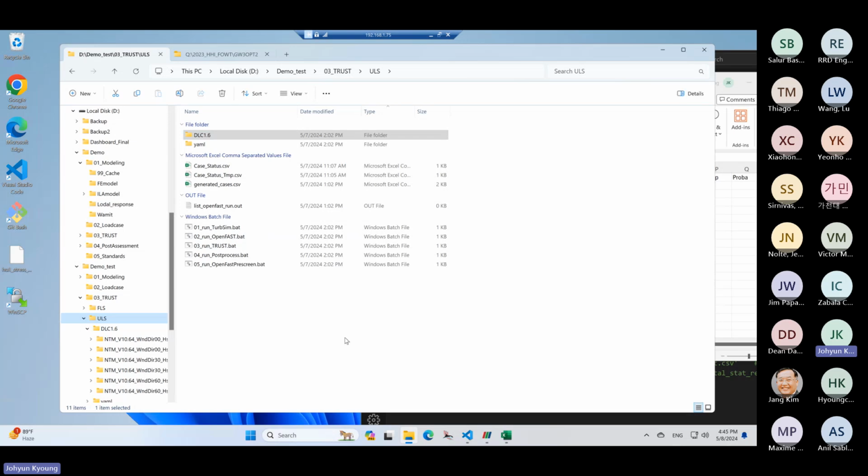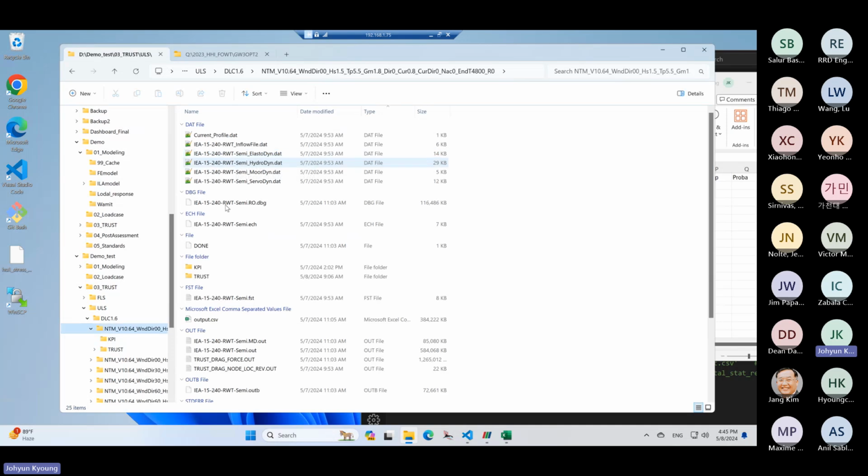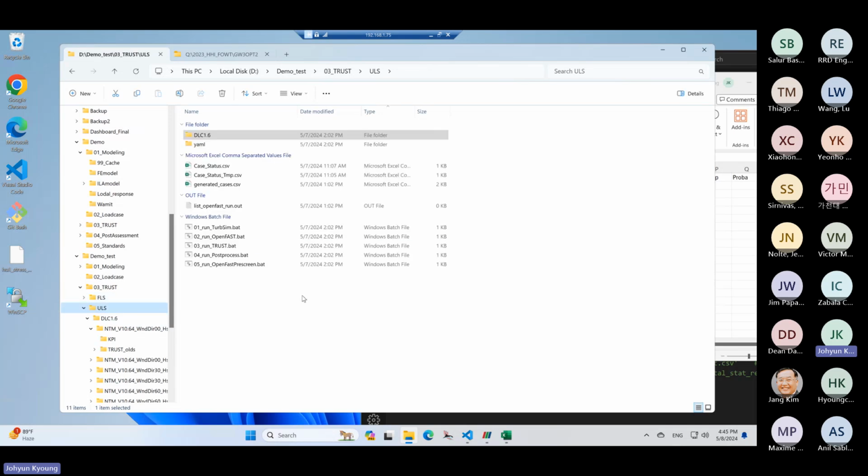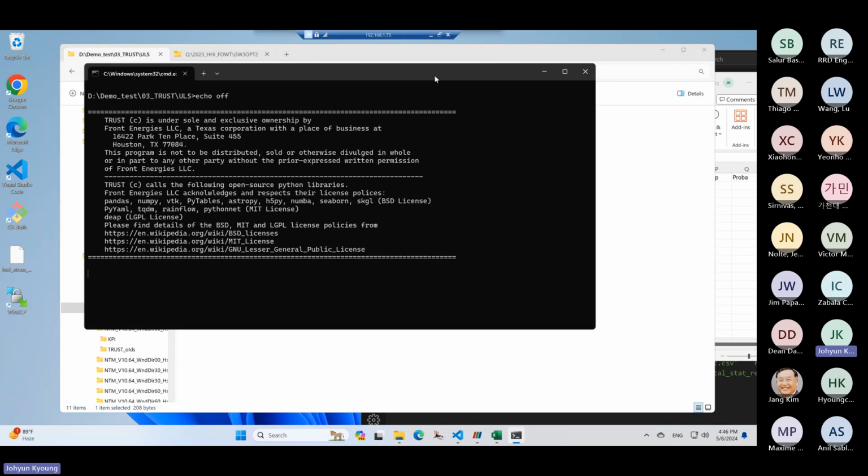time series of the stress. So I will show you how fast this trust synthesizing is. Because there's already a result, the trust does not run if there's a result there. That's why I removed this trust folder. So I will click the trust. This is